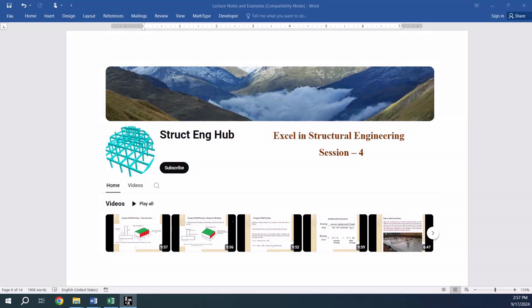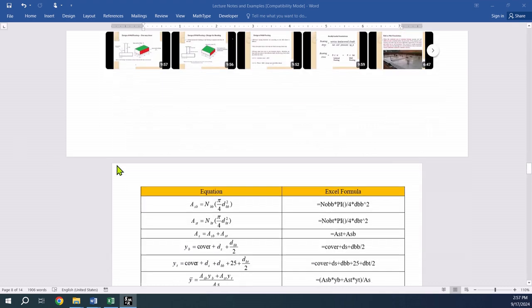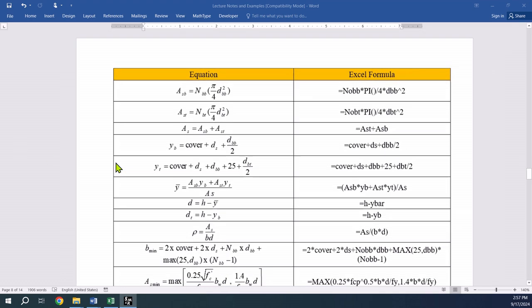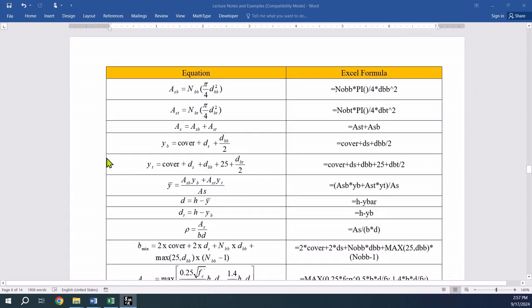Hello everyone, and welcome to the fourth session of this lecture series entitled Excel in Structural Engineering. In the previous session, we defined the first four equations in the table shown on screen, and today we will continue explaining the rest of the equations to be inserted into our Excel template to calculate all of the required